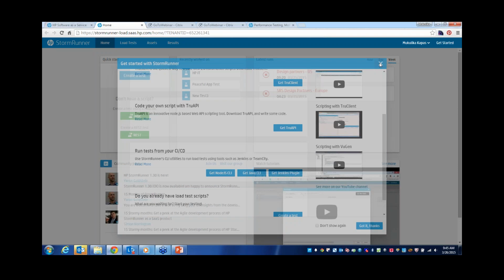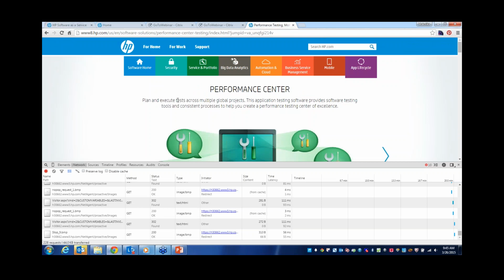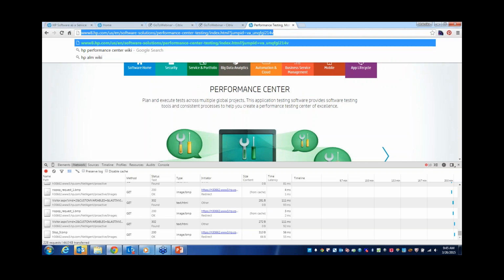The interface is very simple. There are load tests, there are assets, and results. So as I said, you can either create scripts using Vusion, or say, for instance, you want to just use HAR files. So you go to your website, say